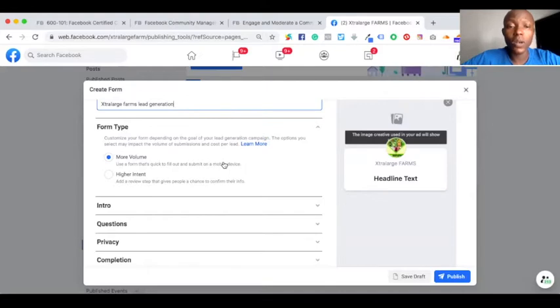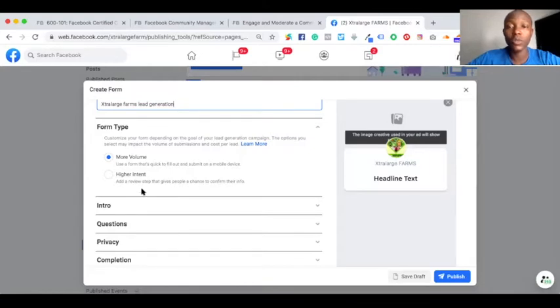This one will automatically use people's data on Facebook. If people are using their phone number, email, and the default name they use on Facebook, it's actually going to use that. Why higher intent, which is what I'm going to do right now? It allows people to actually change their information. A lot of people have changed their phone numbers, meaning the phone number they still have on Facebook might not be their current number, and you want to make sure you have the current